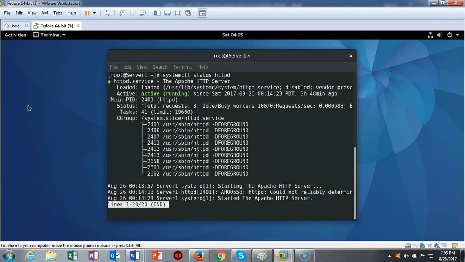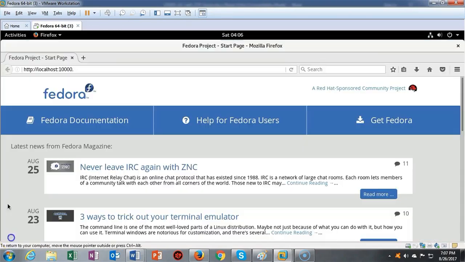Once the Webmin package has successfully installed, we need to bring up a command prompt and check on the status of our Apache web server and ensure that it is up and running. If it is up and running, then the next step is to go ahead and launch the web page for Webmin. Once I've confirmed that my web service is running, I can then launch my default browser, Firefox,